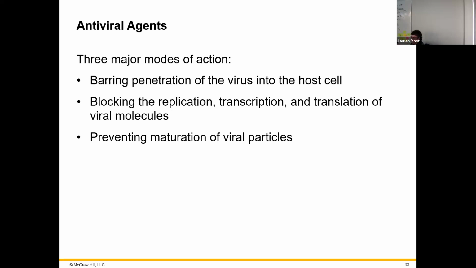COVID mRNA vaccines. So we're talking about Moderna and Pfizer. That's literally injecting your cells with mRNA, and your ribosomes will read the mRNA and make the spike proteins, put them on the surface of your cells, and then you create immunity against that. That's how it works. There are rumors going around Instagram, Facebook, social media, whatever, that our cells can incorporate that mRNA